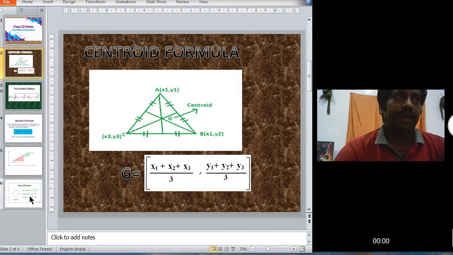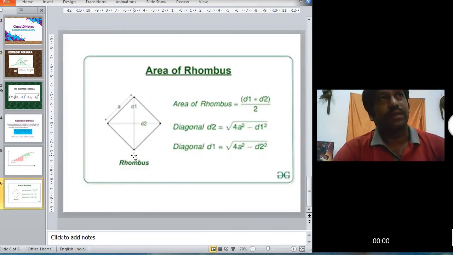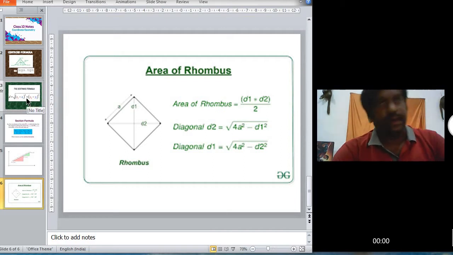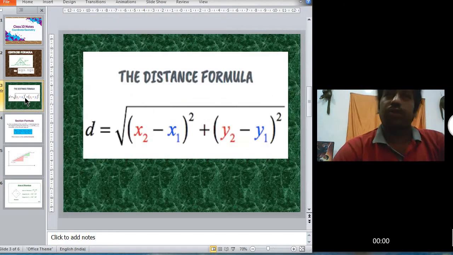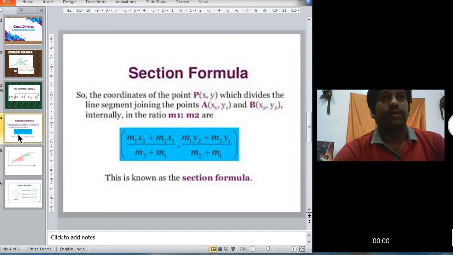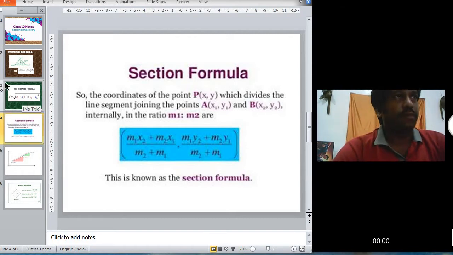We have read how we can prove that a shape is a rhombus or a parallelogram or a square or rectangle or isosceles triangle. These all things we have read. Okay, so some important thing is that in this chapter sometimes we need to prove also how it can be proved, how you can prove a distance formula, how you can prove a section formula. So these things also we should know. So today my video is on that topic only.